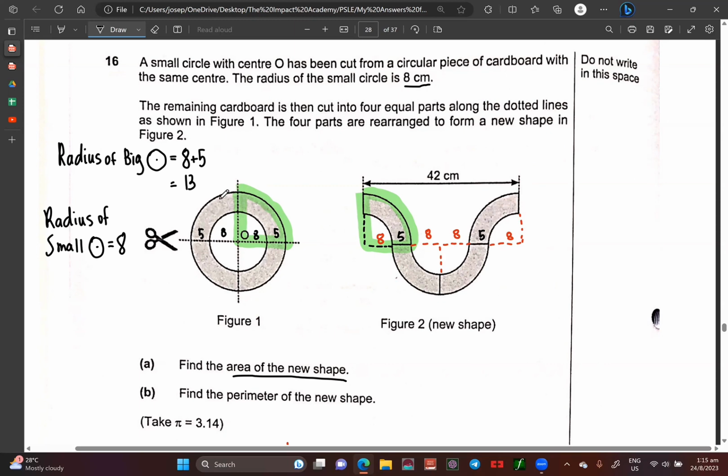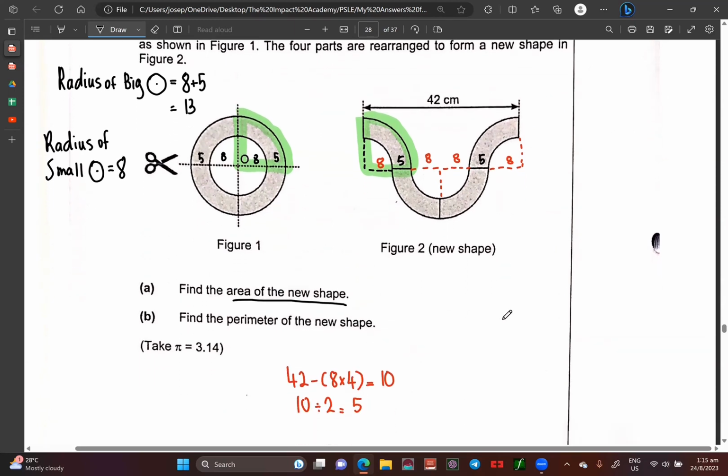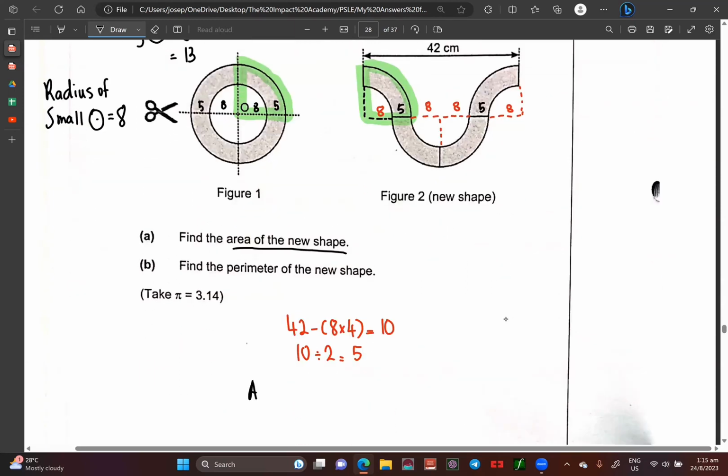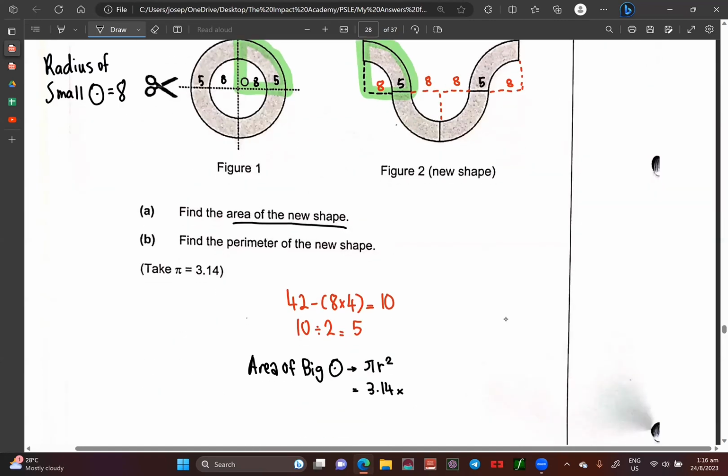I think that is also possible. Now, what I prefer to do is find the area of the big circle, and after that, I will minus away the area of the small circle, and I'll get this shaded part, which is the area of the new shape. So I'm going to first do the area of the big circle. For the area of the big circle, basically we use the formula pi r square. My pi, according to the question, it says to use 3.14. And my radius, according to what I've noted down, is basically 13 to the power of 2. When I do 3.14 times 13 to the power of 2, I will get an answer of